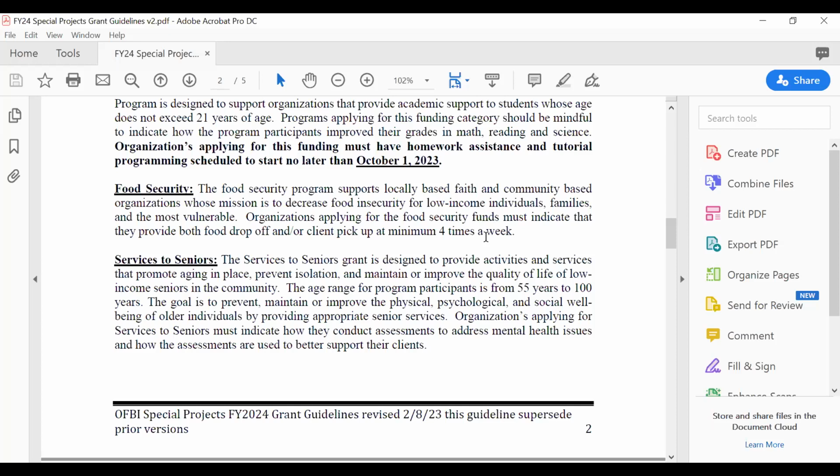If you have an approach, and you should state this in your application, that you measure for depression and anxiety, and that your approach in providing senior services can reduce depression or anxiety, then you should definitely indicate that in your application, because this is about providing socialization opportunities for senior citizens, and assuring that if they can't get out of the house, you're doing things that promote some type of adult communication, spending time with them so they feel like they are not isolating and being forgotten. That's the sense of what services to seniors is all about, all right?